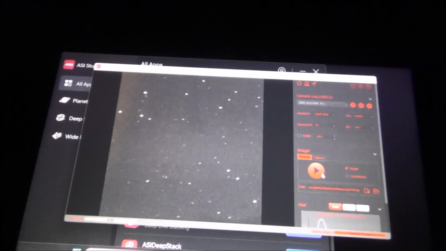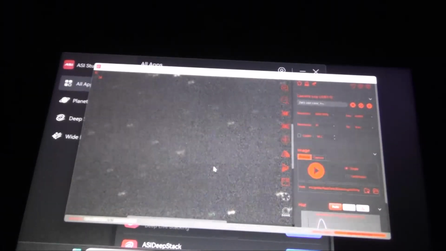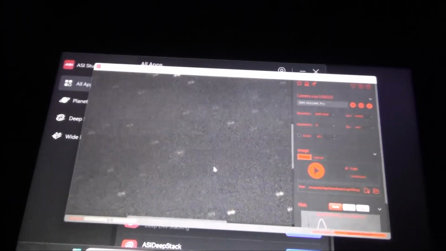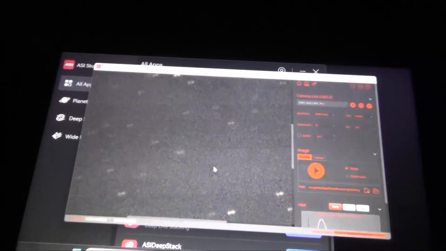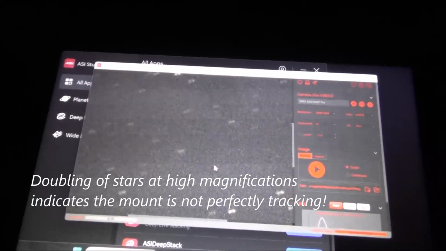Now, one thing I have learned about galaxies in the past using this system is they really don't start to come out until you run up the magnification. Unfortunately, we are not getting a very clear view of anything this evening. I am going to have to reset the focus because we are not going to make out that galaxy amongst